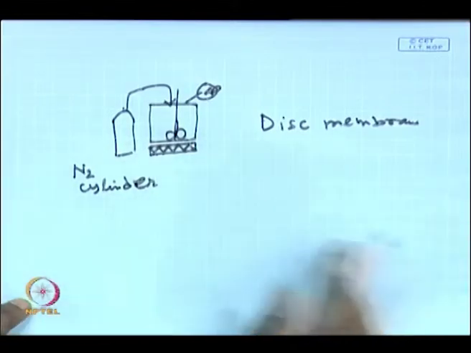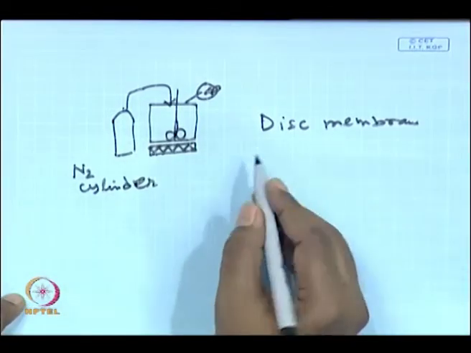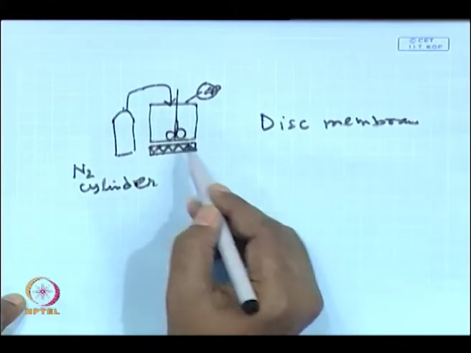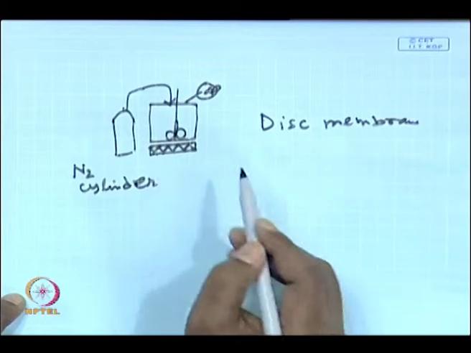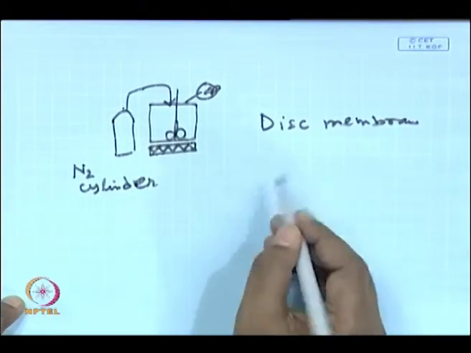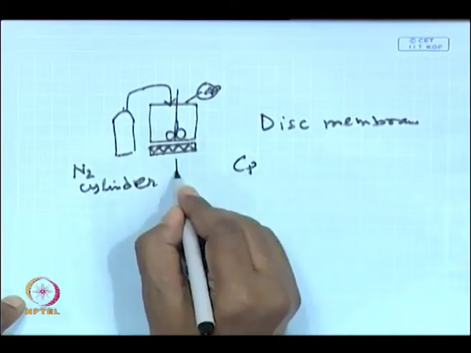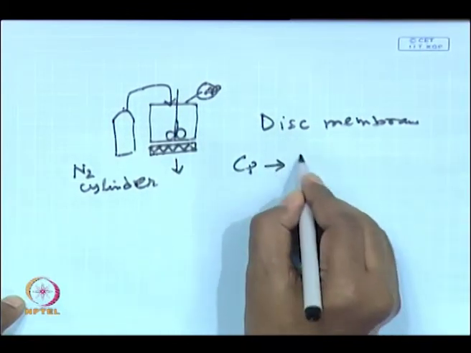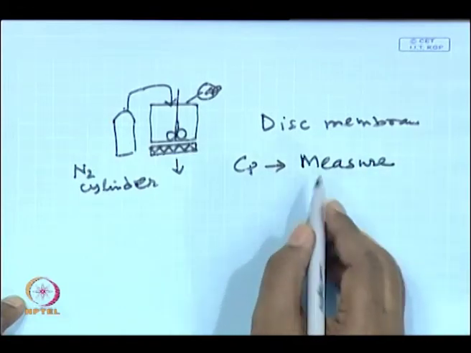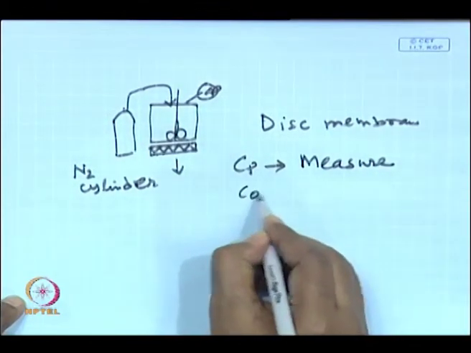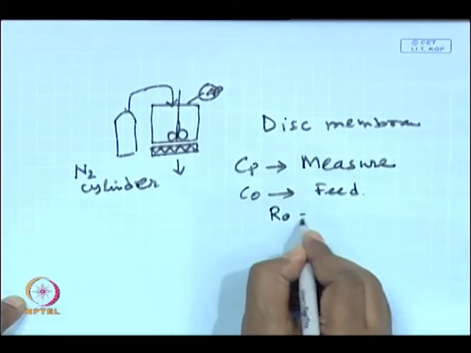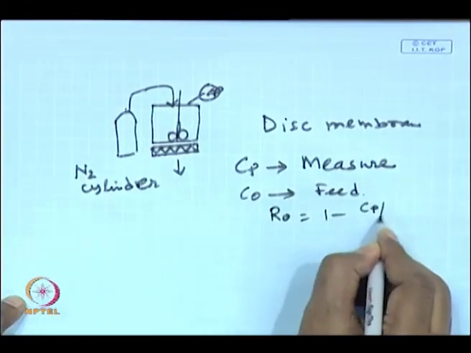Now, using various molecular weights, you carry out this experiment. This is called the stirred cell experiment. You carry out this experiment with solutions of different molecular weights and measure the permeate concentration, the filtrate that is coming. Once you measure the permeate concentration, you know the feed concentration. Okay. So, you can find out the observed retention, 1 minus Cp by C naught.